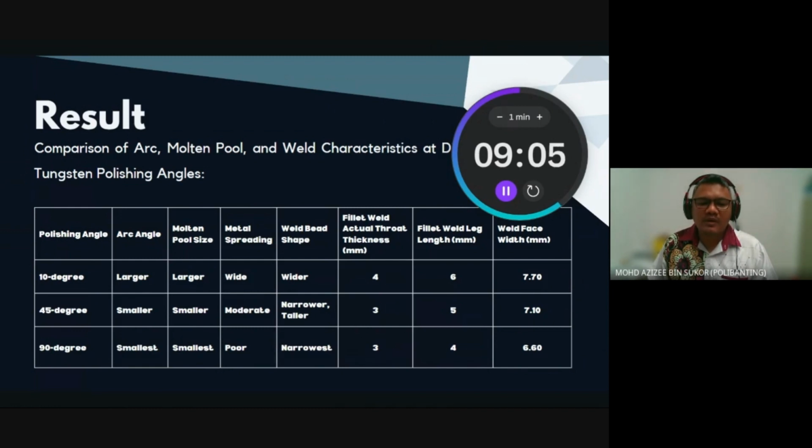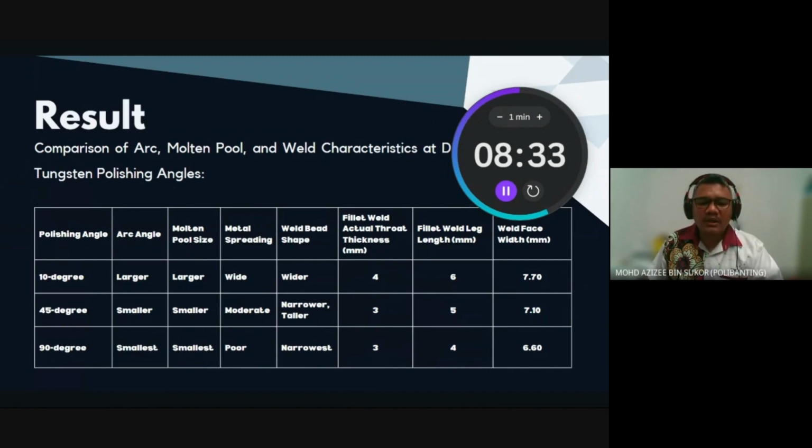is 7.70 mm. The 45-degree polishing angle produced a smaller arc angle than the 10-degree angle, resulting in a moderately sized molten pool. Form narrower but taller weld bead. The fillet weld actual throat thickness is only 3 mm, fillet weld leg length is 5 mm, and weld face width is 7.0 mm. And for the